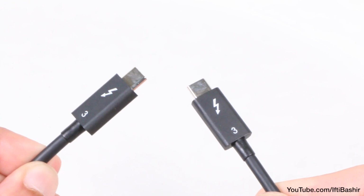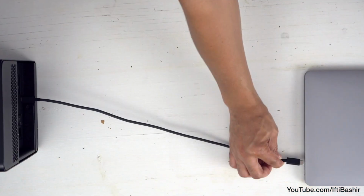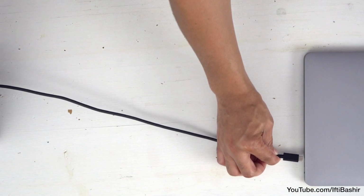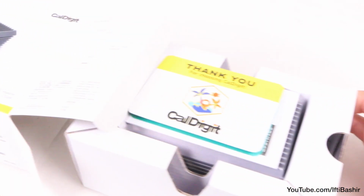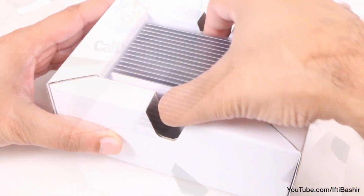Although Thunderbolt 3 has unlocked the potential to reach 40 gigabits per second speeds, distances are limited, unless you literally have thousands to spend on a single cable, so the next best thing is Ethernet, and to convert Thunderbolt to Ethernet, we need this. Securely wrapped in its outer box, along with a quick start guide, we find the Connect